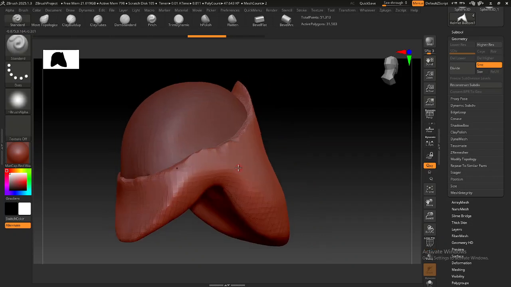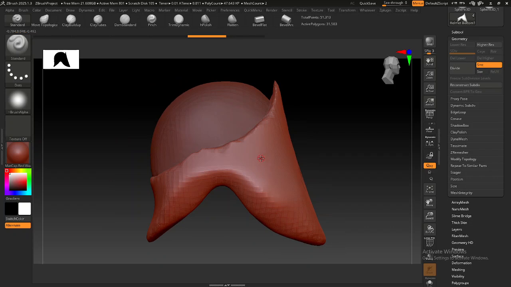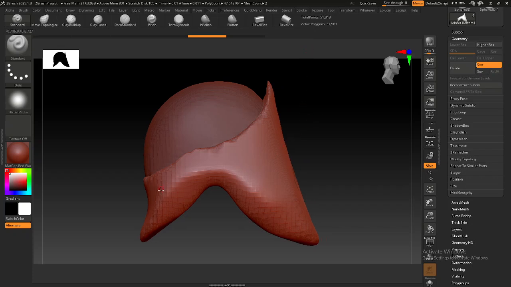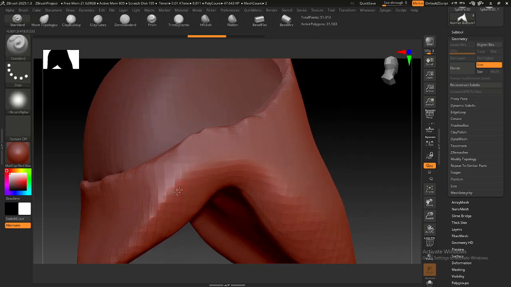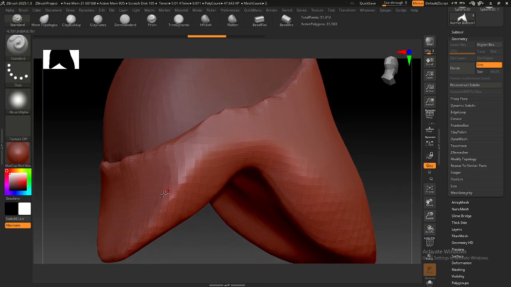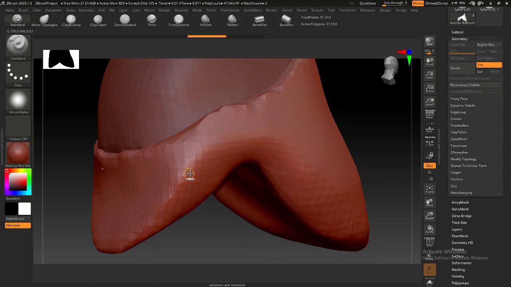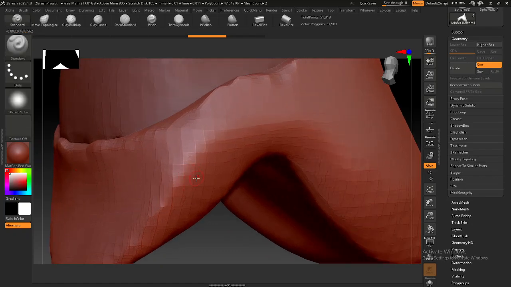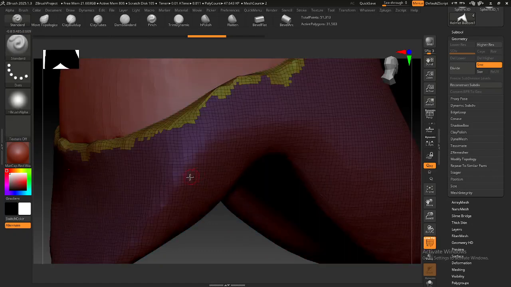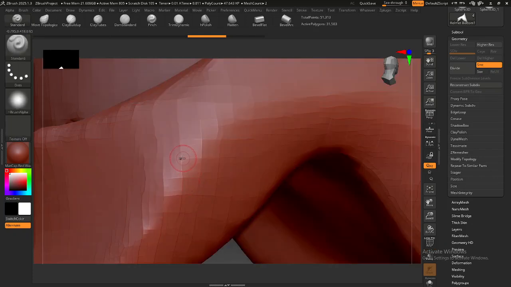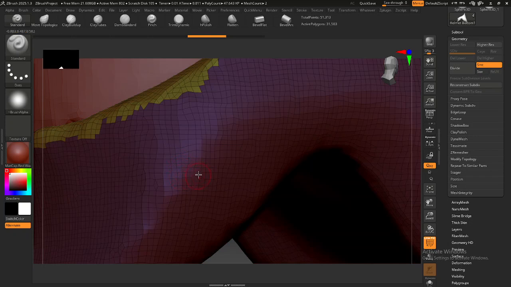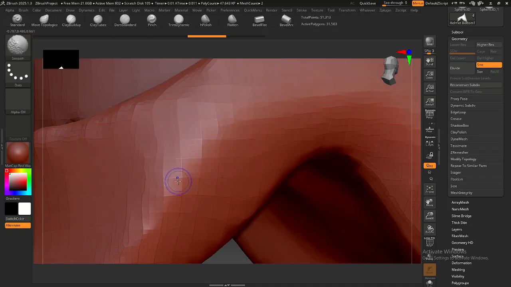So right at the moment, all I have is redynameshed. I've increased the polygons, and I'm still left with a lot of that low poly, jagged look to it. If I turn on my polyframe, you can see, just for an example, we're just going to look at this portion right here. This is jagged, but it has the geometry to be a whole lot more smooth than that. And I can go across here and smooth,